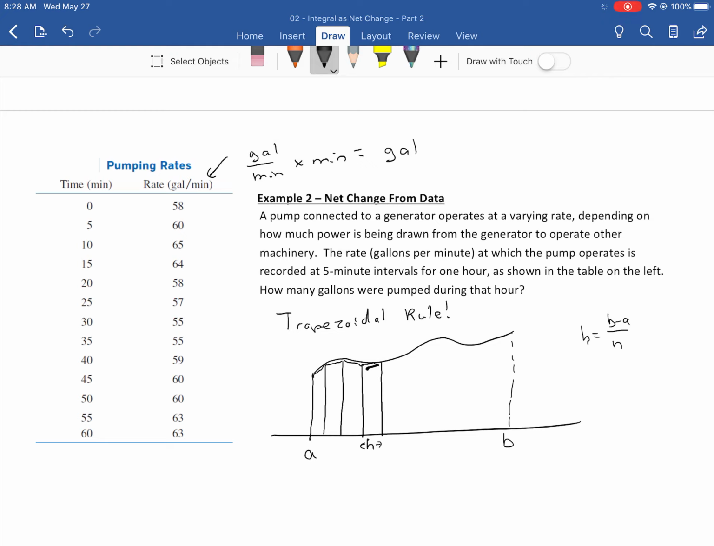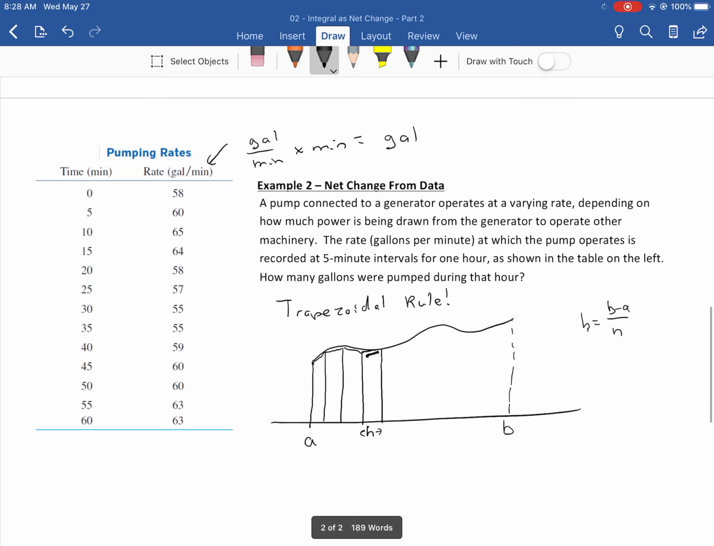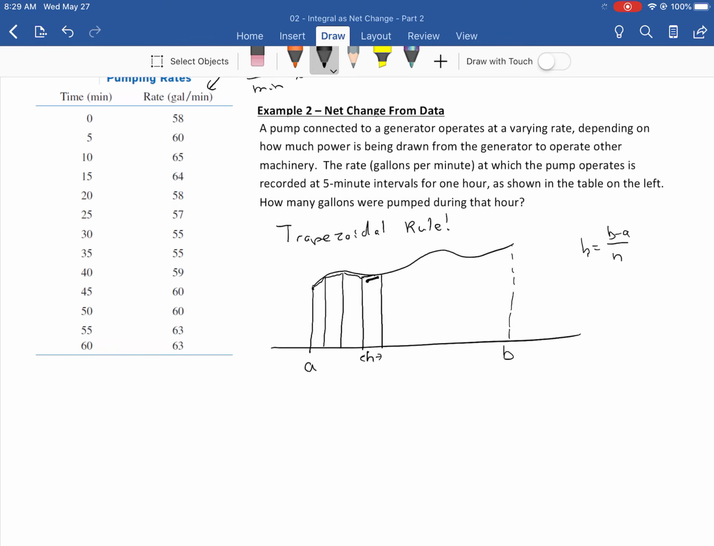And then when you do that calculation to find the area of all those trapezoids, the area of the trapezoid has a formula. When you put those formulas in, you end up with this total formula for the trapezoidal rule: h over 2 times y0 plus 2y1 plus 2y2 plus 2y3. You've got to add 2 of each of those y values,